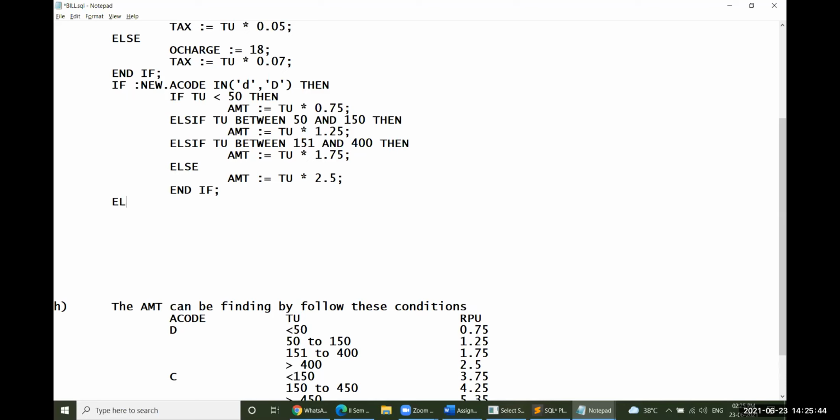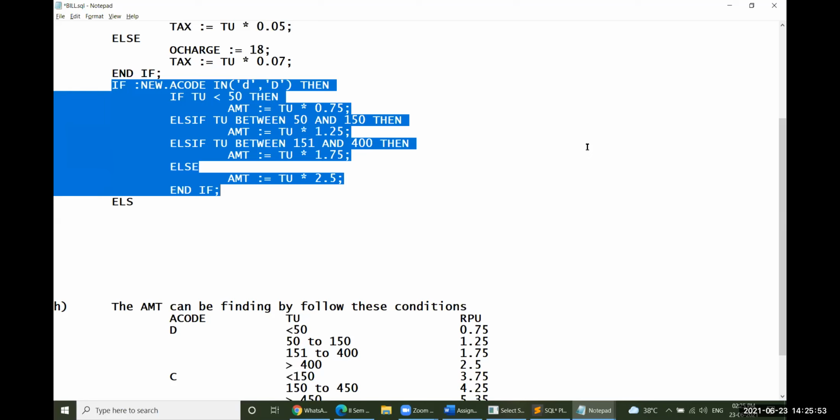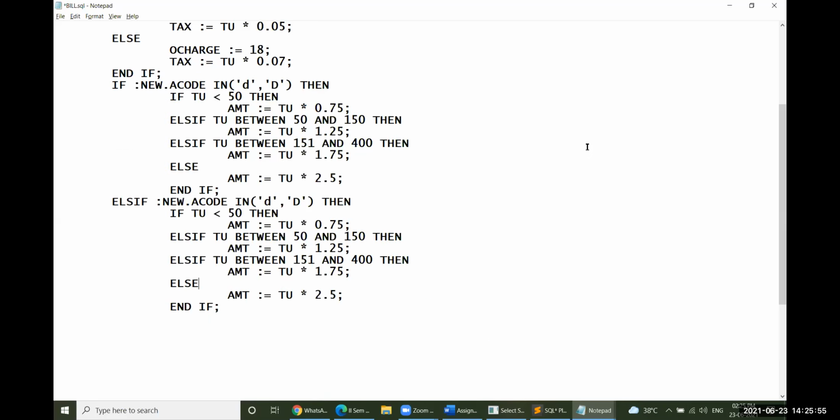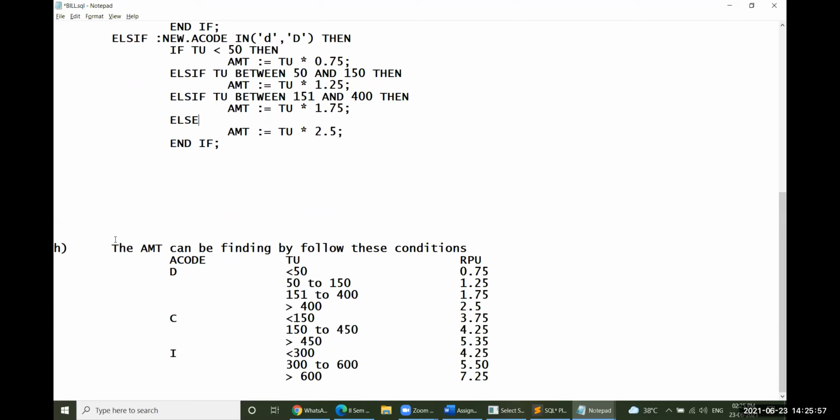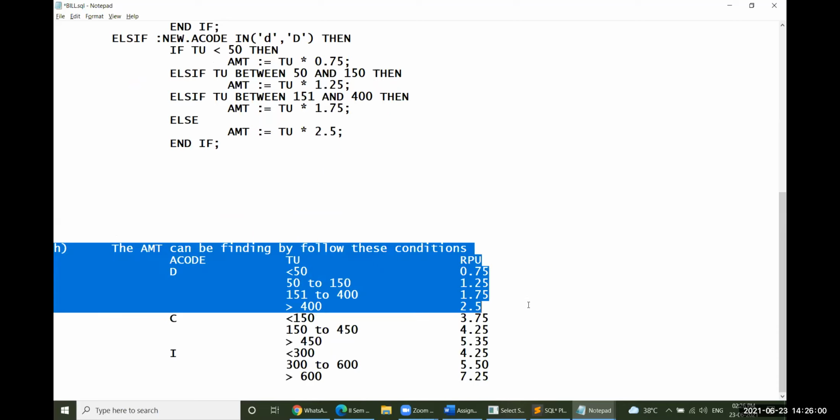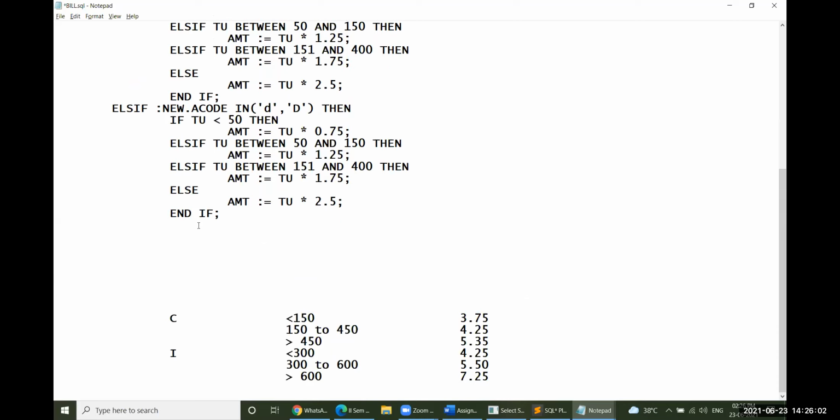Else if it is not domestic, let me copy this one because typing would take a huge amount of time. If it is commercial, area code will be in small c and capital C, commercial. Then less than 150, the amount will be equal to 3.75.